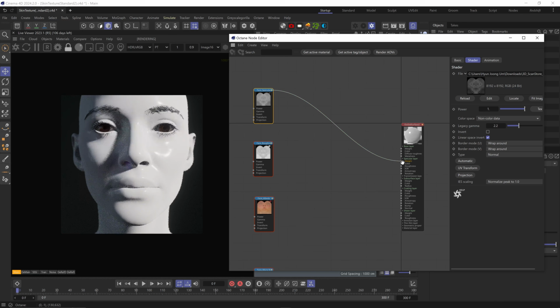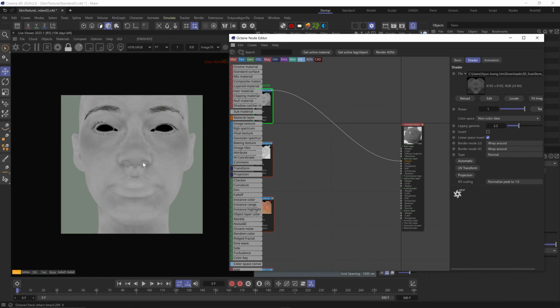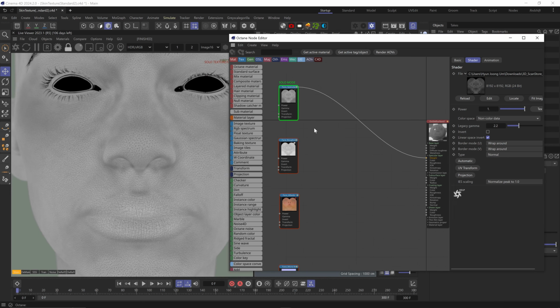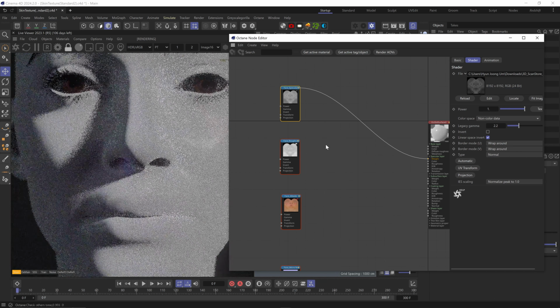Okay, plug the specular map to the specular weight channel, and you can see it's super detailed. It's got all the pores and everything. If yours doesn't have the pores and wrinkle detail, you can just multiply the cavity map on top of it,